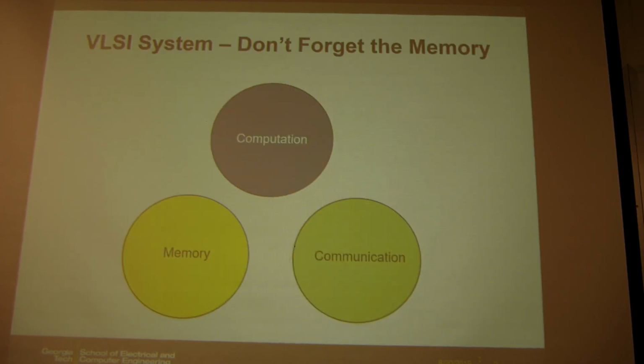So first of all, for the VLSI system, there are three building blocks of a VLSI, or let's say computer system. We have the computation units, for example your ALU, or let's say the logic. And then we have the memory to store the data. And then we have the communication between the memory and logic, like the interconnect routing and I/O. So basically, if you look at a computer system, or a VLSI system, those are the three